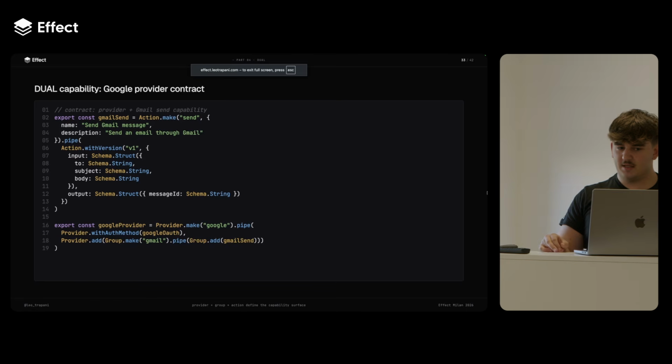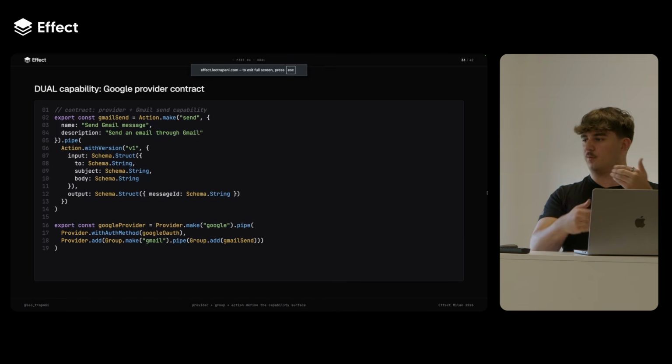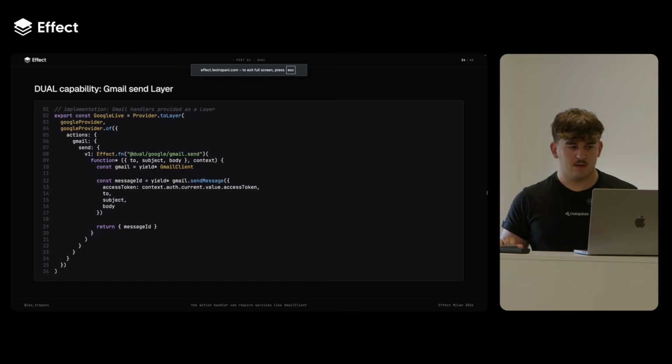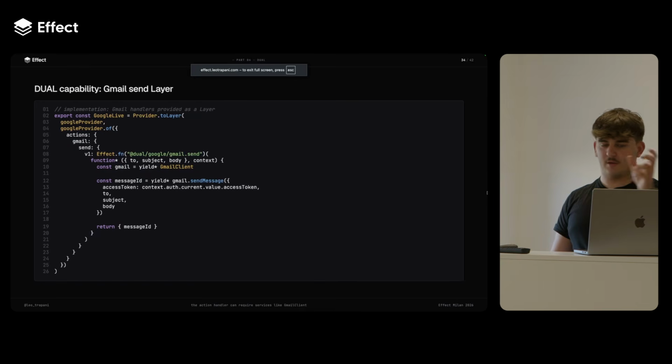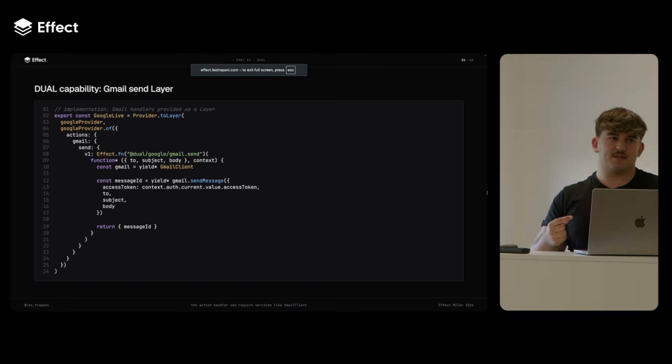Another example is our capabilities. This is an internal SDK that we use. And here as well, first of all, you define a provider, like Google, it's what we call a provider. And then in this case, let's look at Gmail Send. As you can see, we define there's an input and there's an output. We don't actually define the implementation here. Then we do, with the syntax toLayer, we construct the actual implementation and we give the layer. And again, this is type checked.